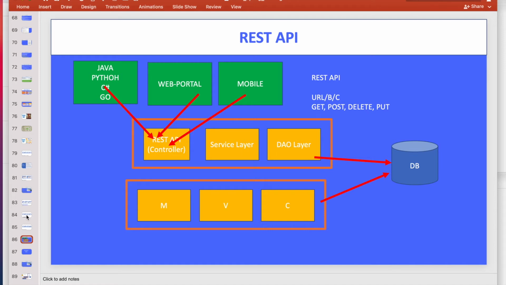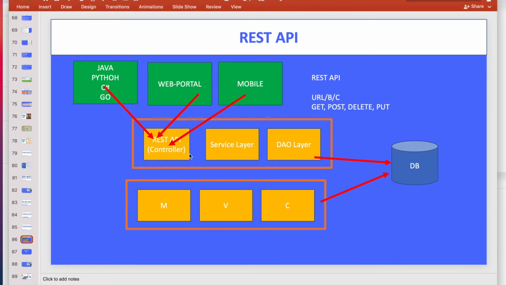In this video, you have already studied the MVC, the model-view-controller approach, where it connects to the database and all the code is in the same code base. But through Spring Boot, we are going to expose the REST API, which I explained in the previous video. You just pass or accept the model; you do not take care of the view. The view is not there in this design pattern. These REST APIs can be called by any other language, a web portal, or a mobile app.